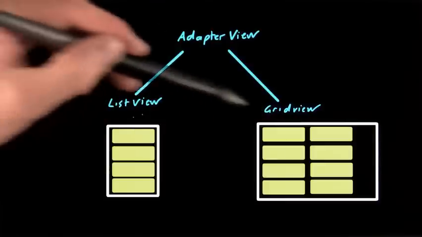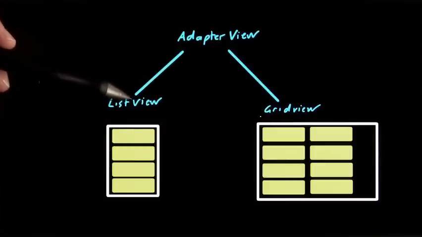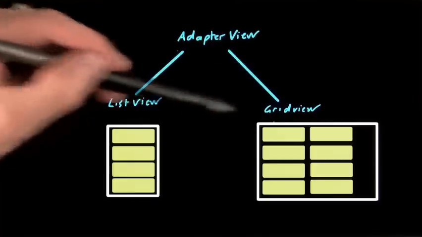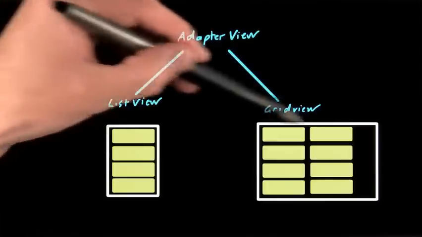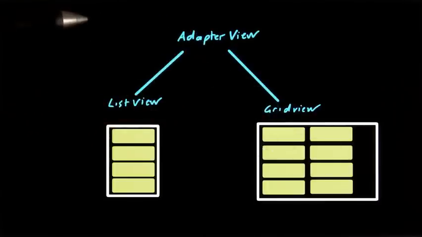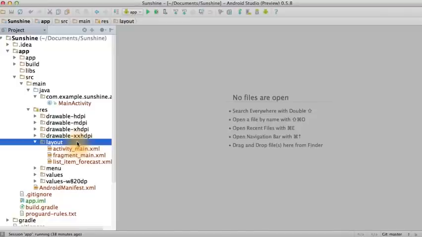By keeping them separate, your adapter defines how to display each element of the underlying data, while the adaptive view implementation itself is responsible for controlling how each of these elements is laid out, be it a list or a grid in these particular instances. Thanks, Rado. Now that we know the distinct advantages of using a list view, we can use a list view